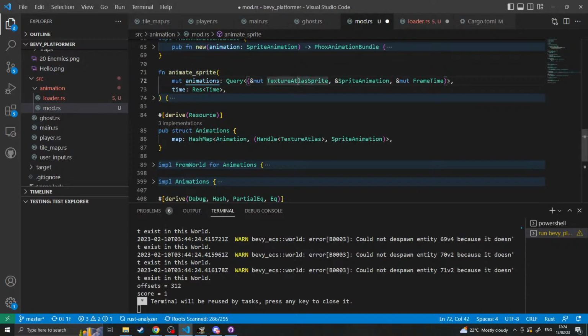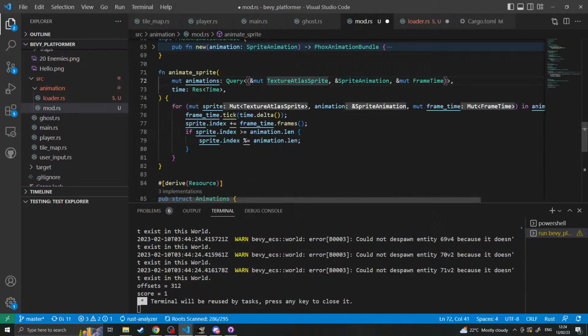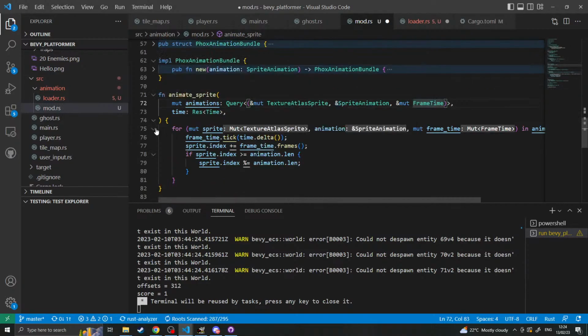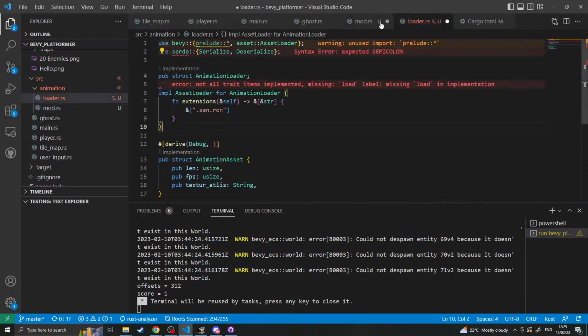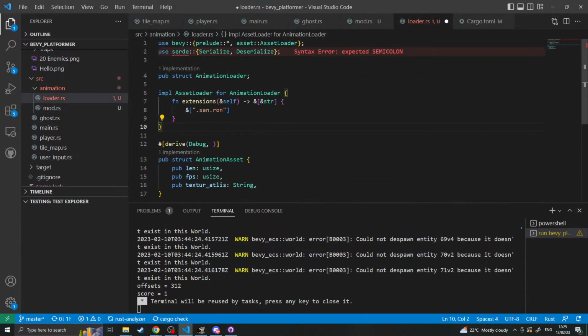Animate sprite. So we need a texture atlas sprite, which I don't think changes. Sprite animation and frame time. So sprite animation is double up frame time. Alright, so in our loader,